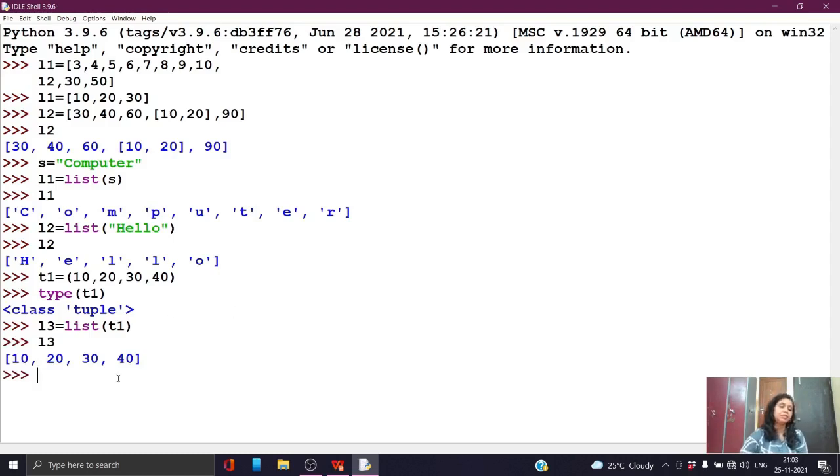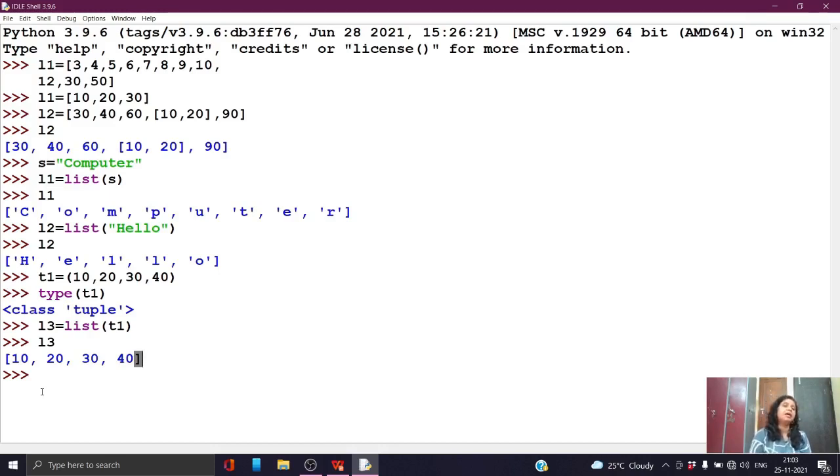Now you can see L3 contains the list of values because square brackets are already there. Okay, so within square brackets we have already stored the values. So now L3 is what type of variable? L3 is your list type of variable. So in this way you can create a list from a tuple data type. Hope all of you understood the concepts, right?